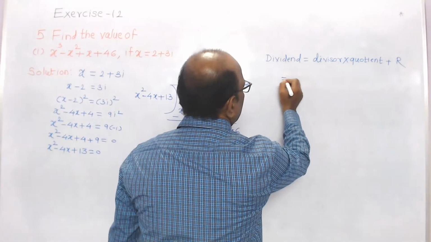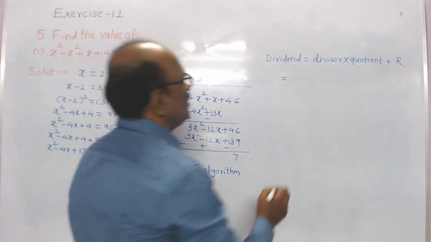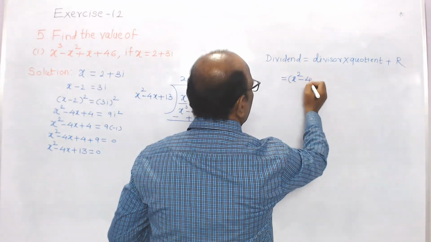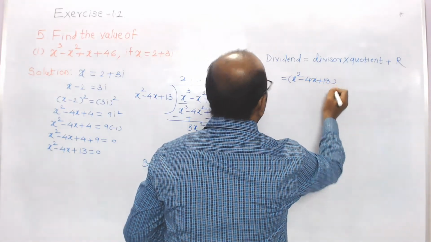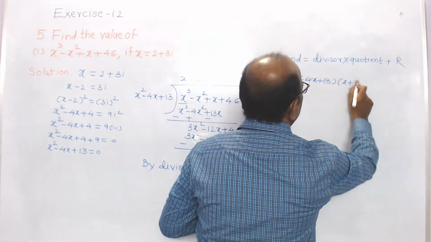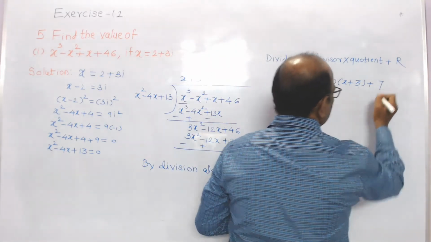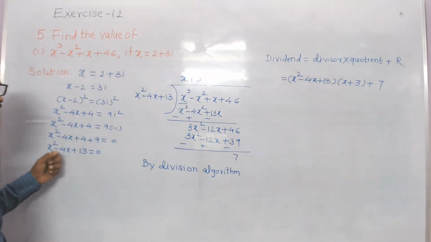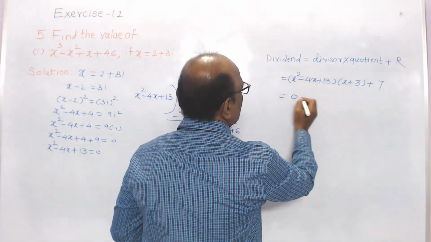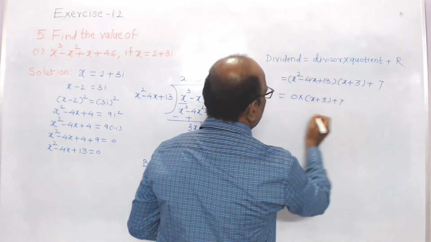What is the divisor? The divisor is x square minus 4x plus 13. What about the quotient? Quotient is x plus 3. And what about the remainder? Remainder is 7. But what is the value of x square minus 4x plus 13? Its value is 0. And therefore 0 into in bracket x plus 3 plus 7, and you will get the